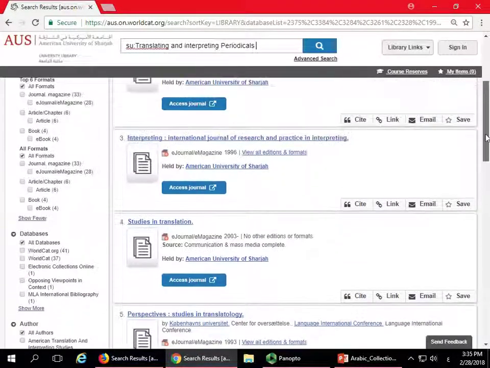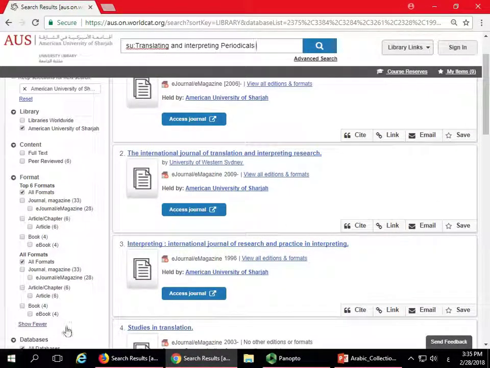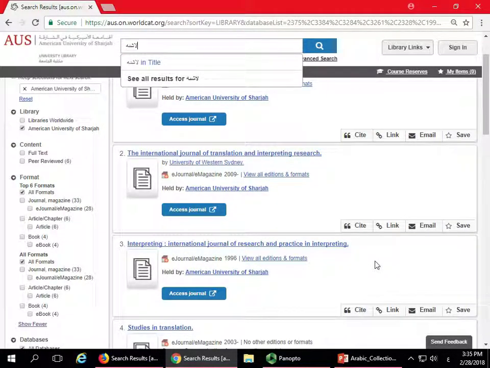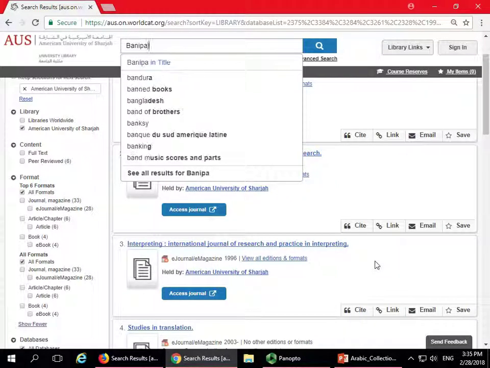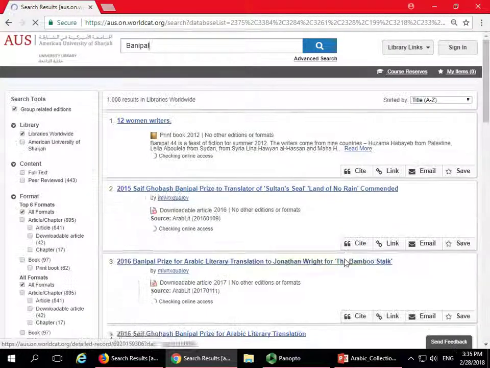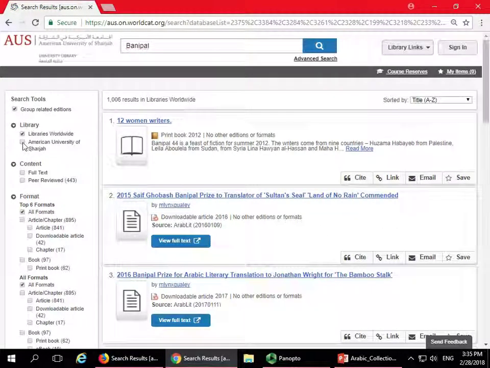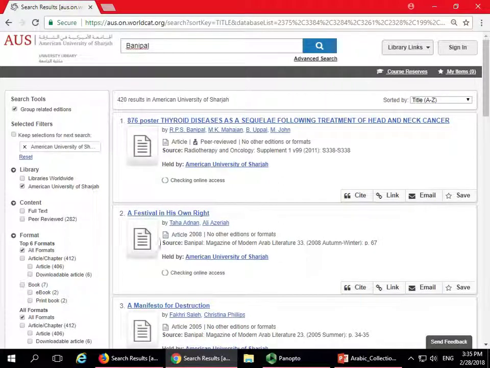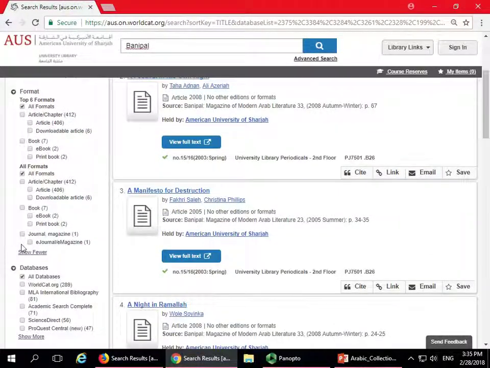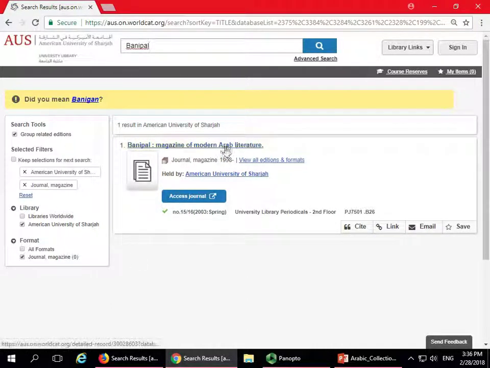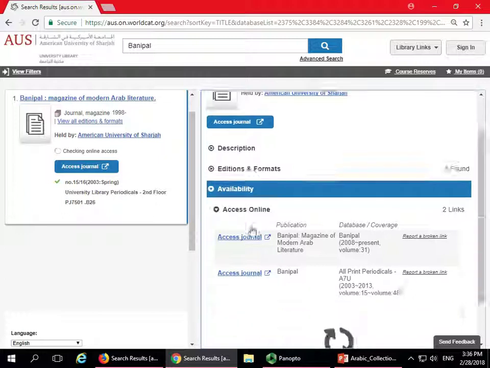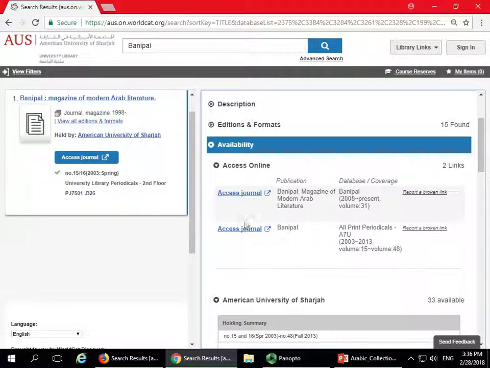One of the journals we have, or a magazine, is called Banipal. I would suggest it to translation students because it includes English translations of Arabic novels or sections of Arabic novels. Banipal, Magazine of Modern Arab Literature. Many MATI students are interested in